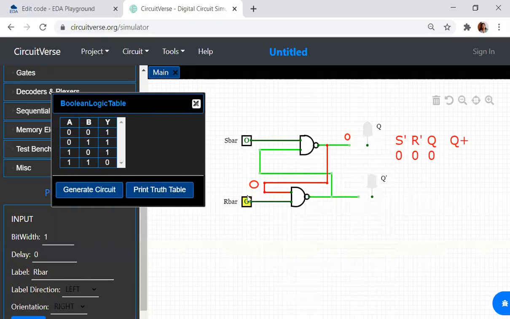So now see what is the input now? R bar and S bar, if you can see, 0 and 0. Now since both are 0, what will be the output? The output will be 1. Right, so this goes to 1. Now what happens? This 1 is available over here. If this 1 is available over here, what is 0 and 1? 0 and 1 is 1. So the next state will be equal to 1.